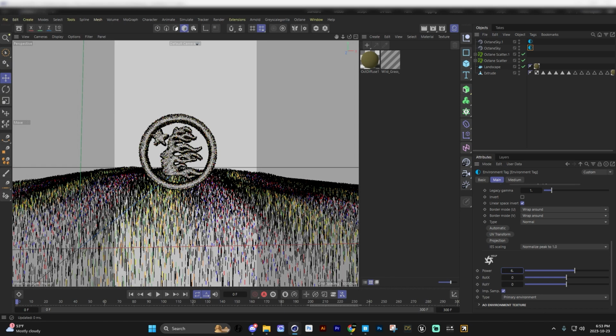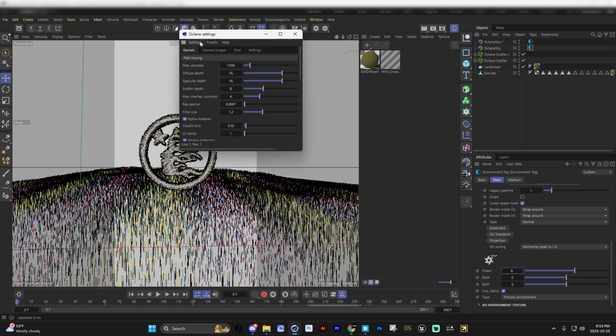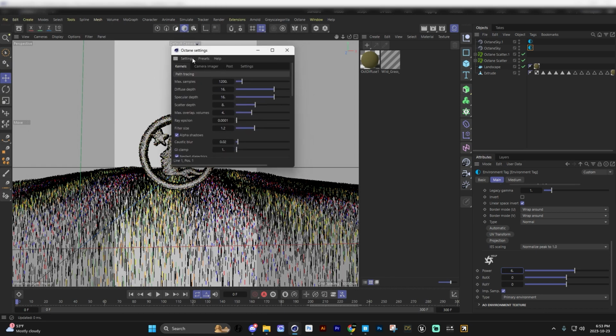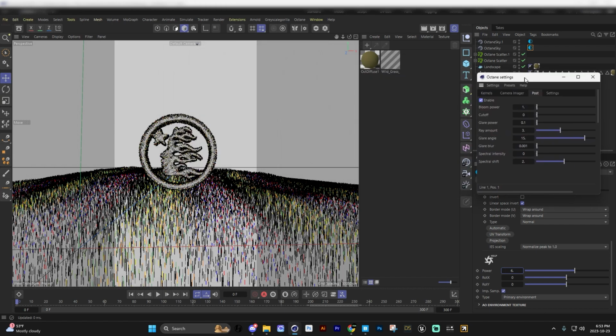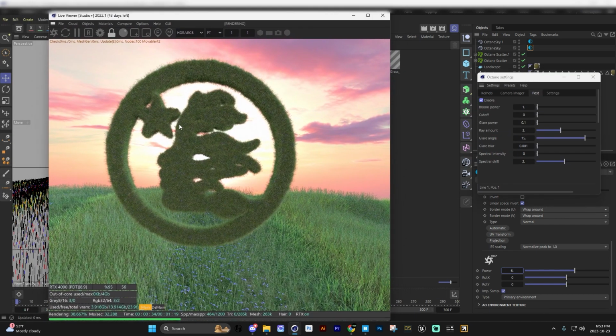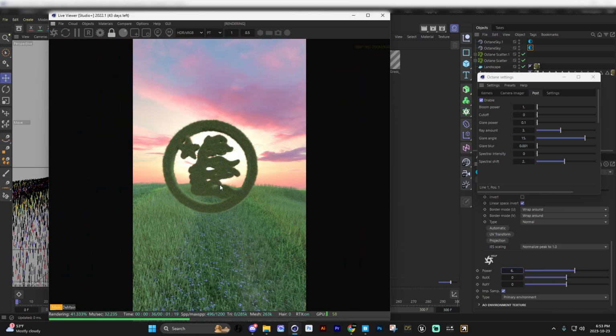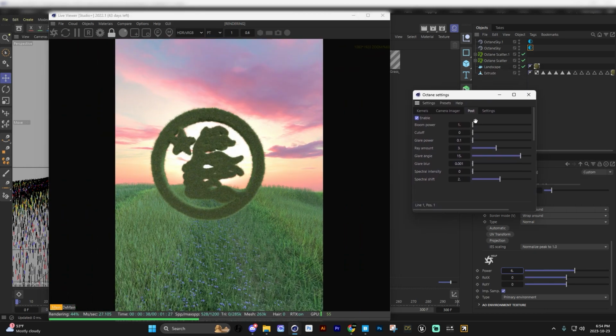Let's just add a little bit more to make it look a little more alive. I'm going to open my Octane settings, go to post, and enable bloom. So I'm going to show you guys what this is doing. As you can see, this is my scene on the left and this is my settings of the bloom. When we do the bloom, it makes your scene glow, like lighting. You can just mess around with this.